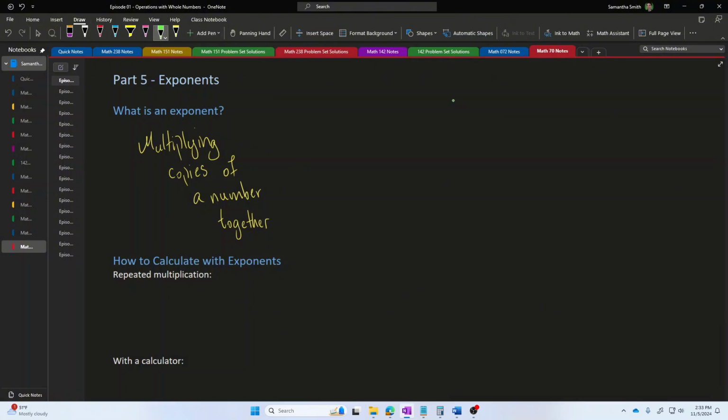So someone could say, for example, raise 3 to the power 2. If someone says something like this, raise 3 to the power 2, they're asking you to take 2 copies of 3 and multiply those two together. Raise 3 to the power 2, take 2 copies of 3 and multiply them together. So the result of that would be 3 times 3, 9.